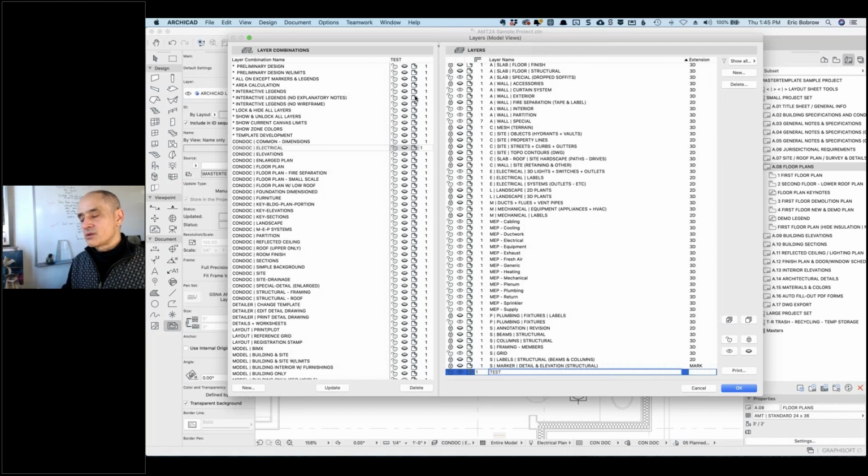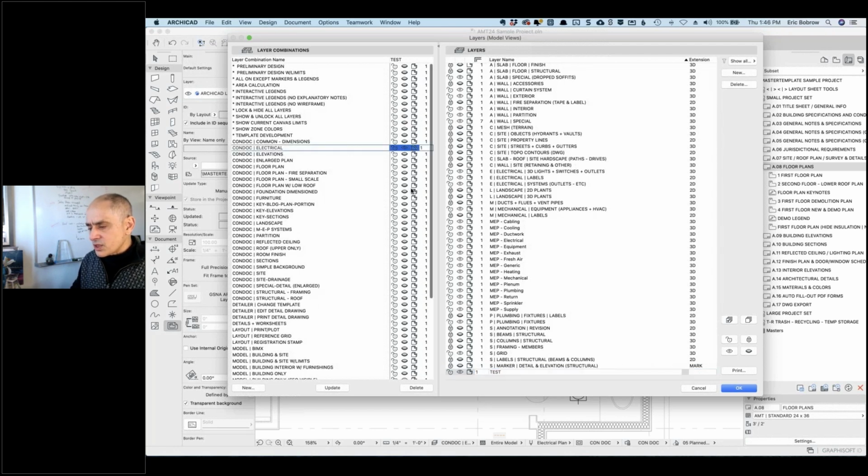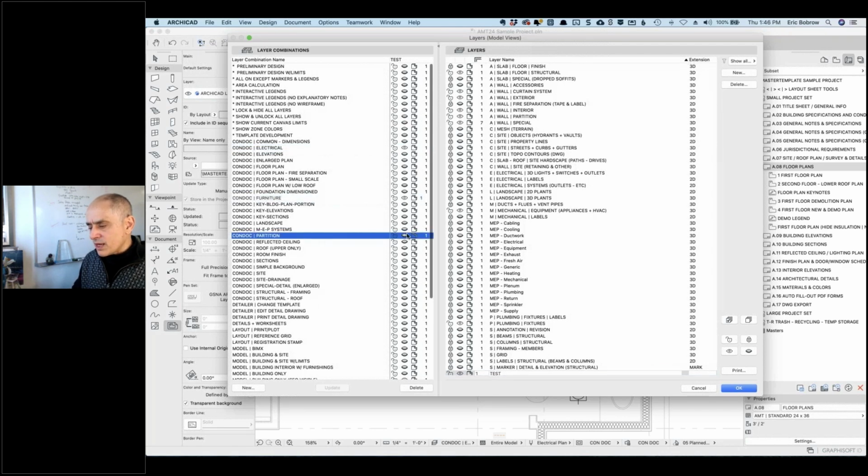Graphisoft does that as a sort of, not fail-safe, but just something that if you're bringing stuff in and you accidentally create new layers, we don't want them to just show up willy-nilly on all the drawings and mess them up. If they're not showing, nothing gets messed up, and you can then manually go and say, oh, you know what, this test layer, I want it to be showing on the electrical, I want it to show on the furniture plan, and I want it to show on the partition plan. So